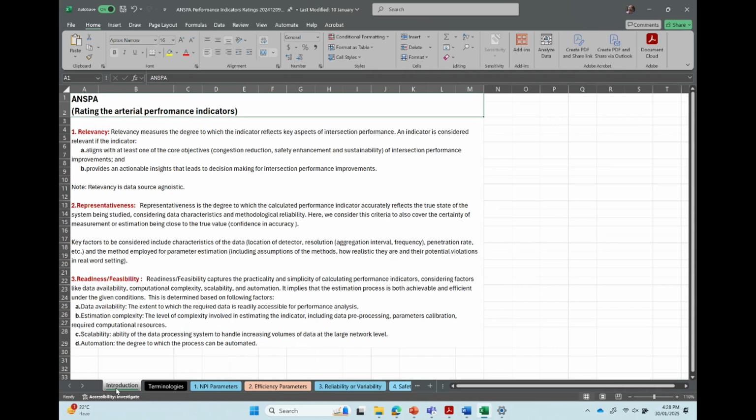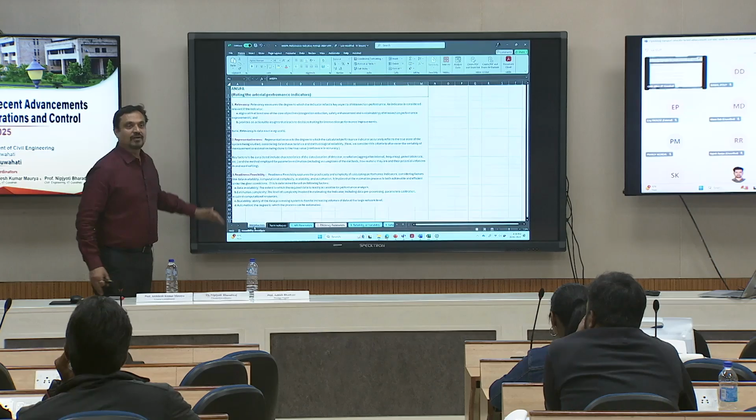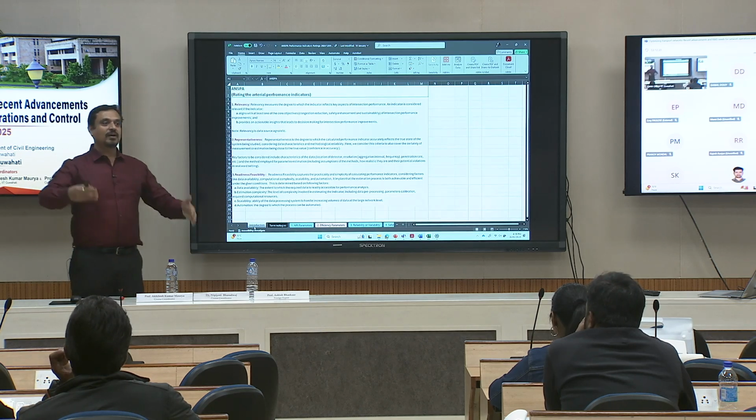Representativeness: how well does it represent what it should be representing. Then comes your readiness or feasibility. Is it really feasible to estimate that? Yes, I can have a good indicator, but I do not have a data source. I can't estimate that. So we come up with these performance rating criteria, and then we had a discussion